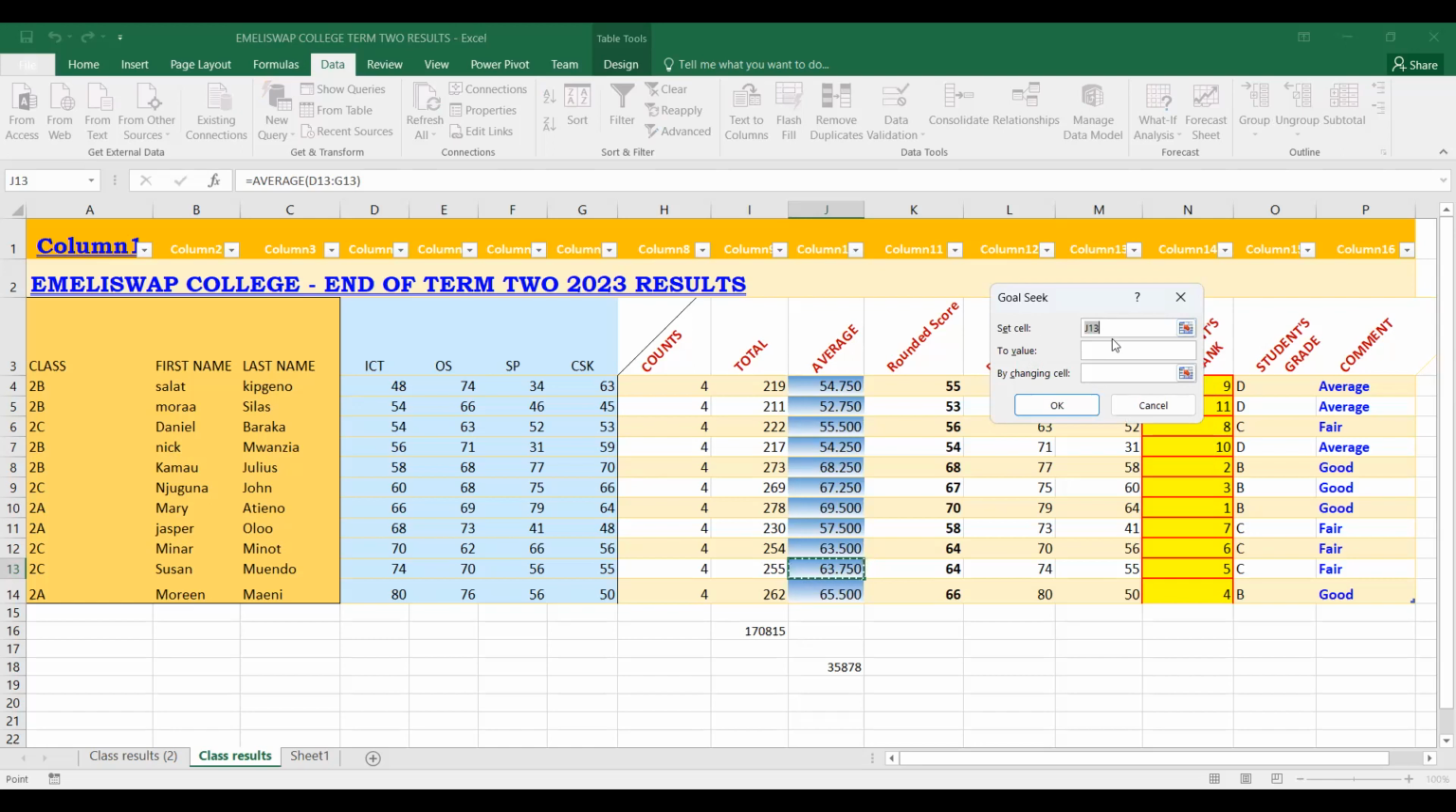Under Set cell, we select the cell in which we expect a change to occur if we made a change somewhere else. In this case, it is J13 because I had already selected it. That's 63.750. So if we wanted to change the value for average to be 70.66, what score would Mwendo have gotten in OS? By changing cell, OS is cell E13. So by changing cell E13,